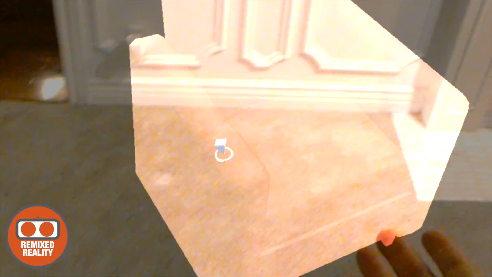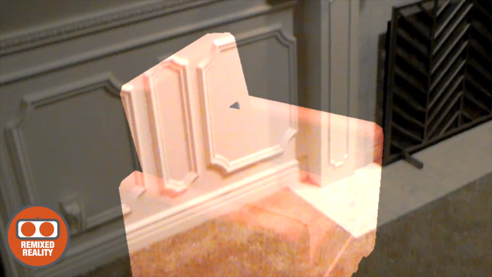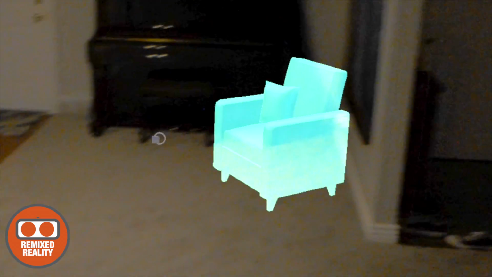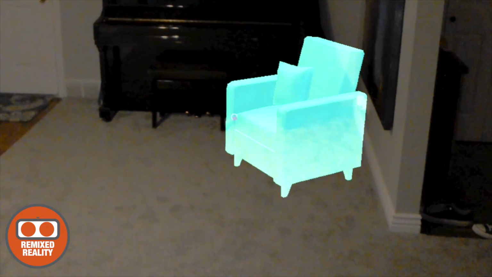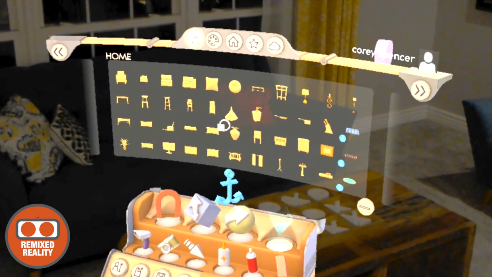And maybe we would want to place it here. Maybe we would want to put another chair over there. And I can start to get a sense of how these things would fit in the room, and actually get a sense of size, proportion. And there's a bunch of other things here, and these are just kind of free models. But if you could imagine, if I was to take a look at the chair, or this one right here,